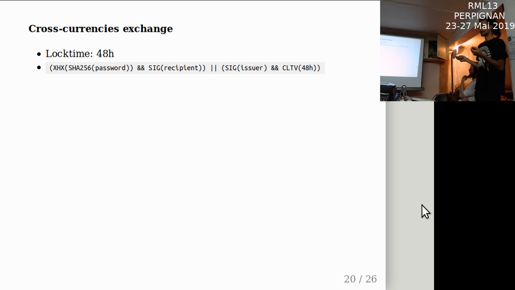And in case he doesn't send the money on the other currency, your source will be locked, but you have a way to unlock it. You are the issuer, you can unlock this one, and if you wait 48 hours, you will be able to retrieve your sources that way. Yeah, it's quite tricky.